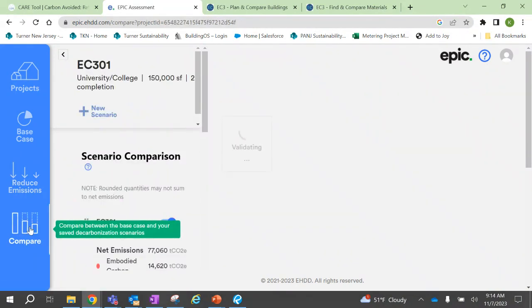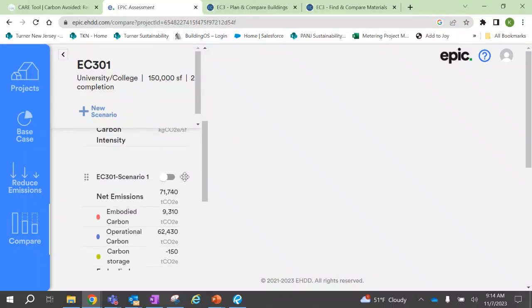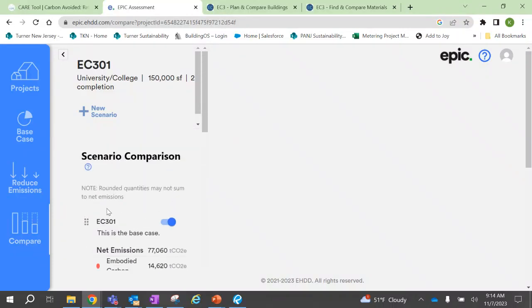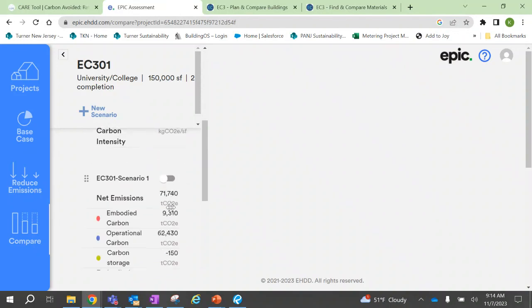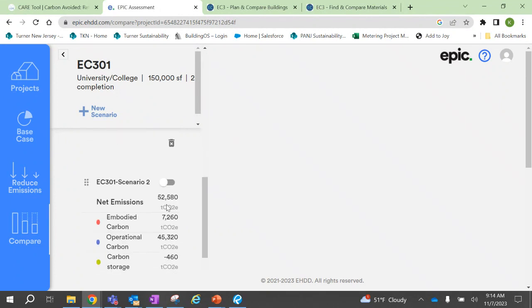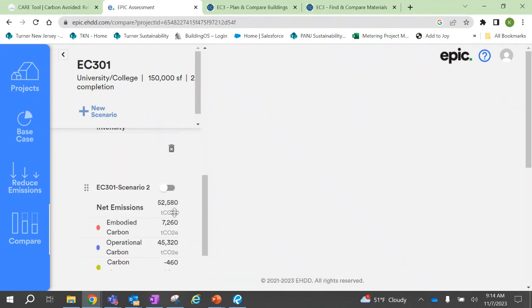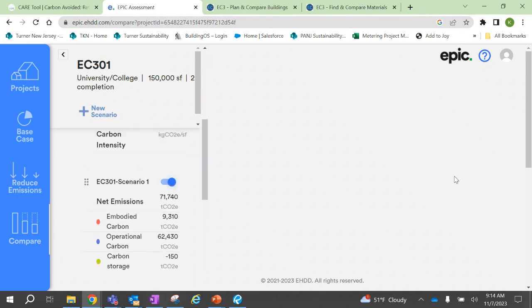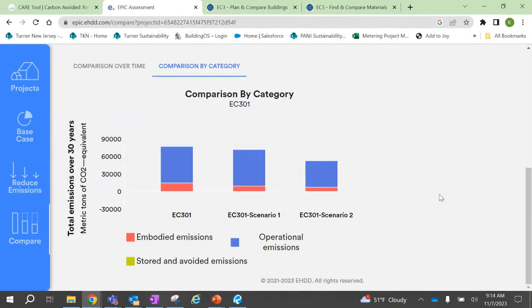And then you have the opportunity to develop additional scenarios so that you can compare. So in this case, I have the base case here, scenario 1 here, in which I was able to toggle a few different decisions, and then scenario 2, in which I was able to toggle different decisions. I can toggle this comparison on, and then it gives a comparison chart of your base case and the embodied emissions. Apologize, the pink being the embodied emissions and the blue being operational emissions, and comparing them among the 3 scenarios that were identified. So 2 really simple tools